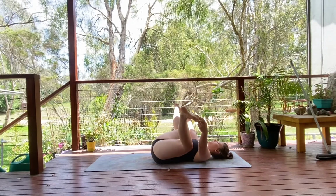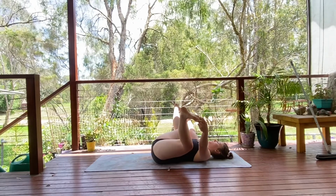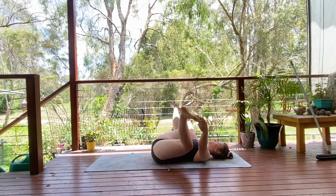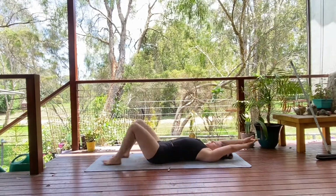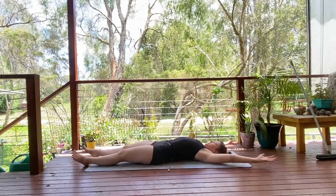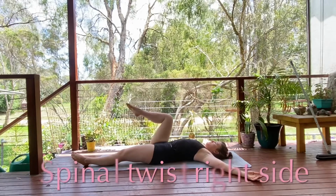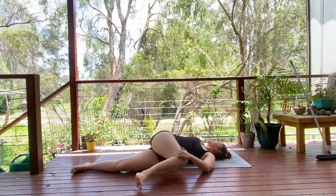So just enjoying this beautiful moment to deepen your breath, to reflect on gratitude for this strong, healthy, beautiful body of yours and all that it can do. And then just beginning to prepare for a spinal twist. So you can start by extending your legs long, reach your arms above, overhead. Take a big breath in, and then draw your right knee in towards your chest,